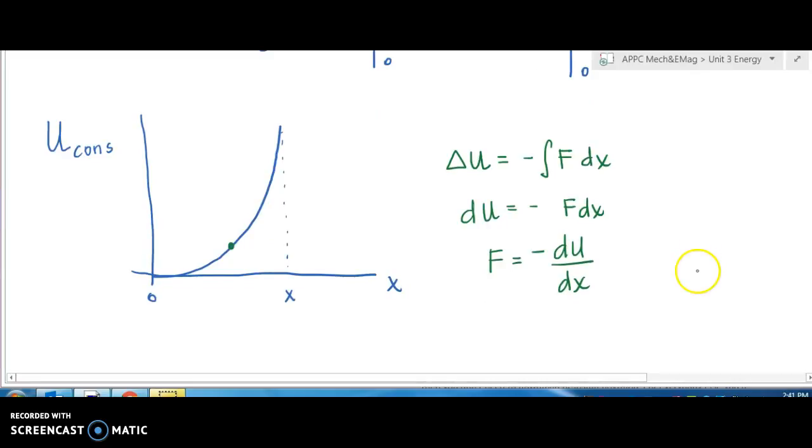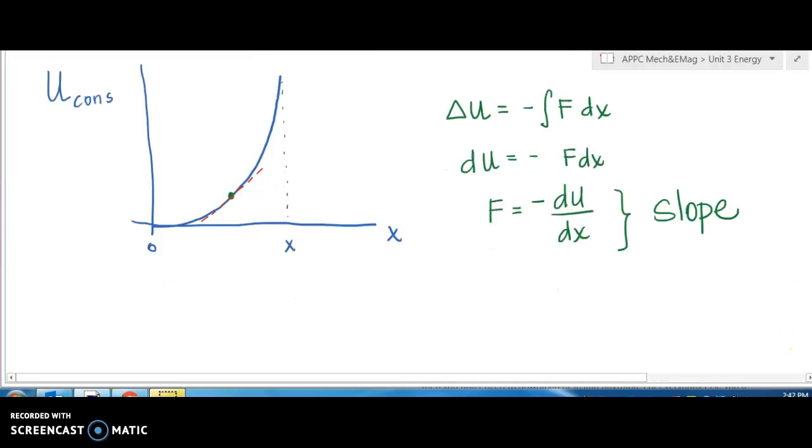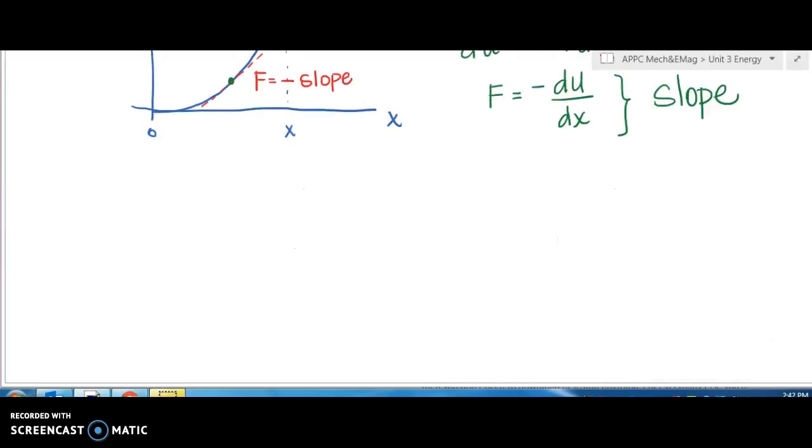What does dU dx mean? Changing U over changing x. In terms of a graph, it is the slope. And so the slope of this line that passes through that little dot that I drew on there, that's a positive slope. So then what's the force? Negative. Okay. So the force would be equal to the negative slope. So far so good? Okay. So what if I have something like the energy stored with res-